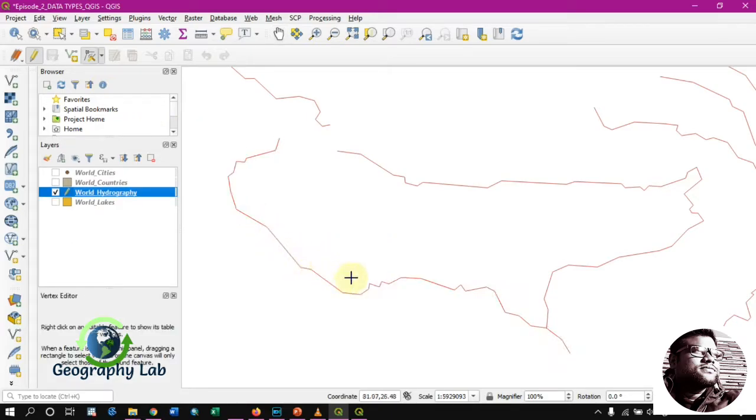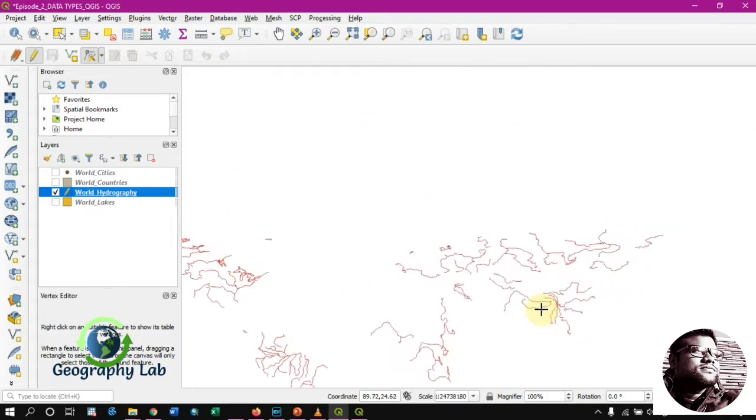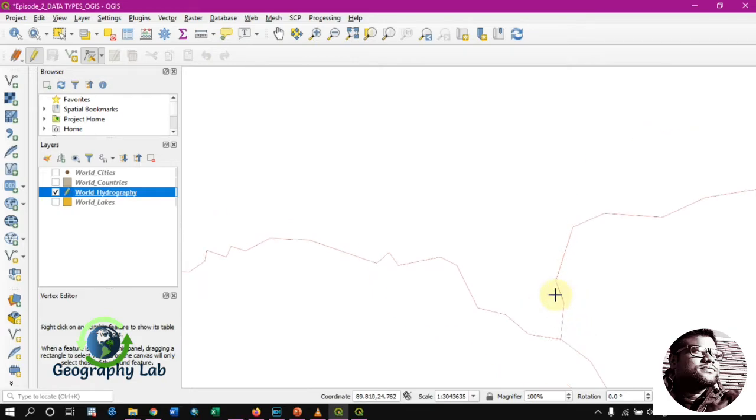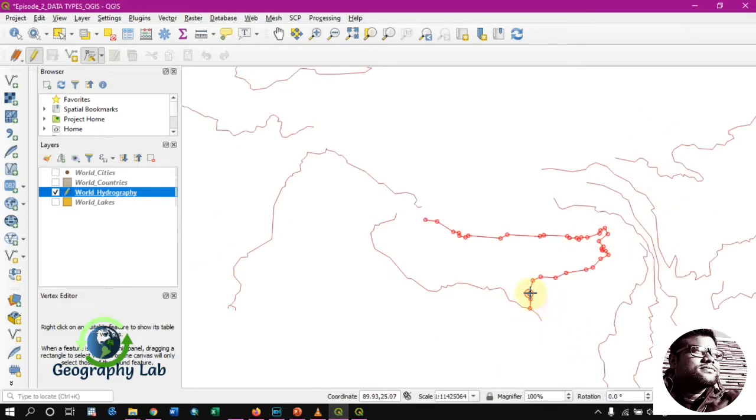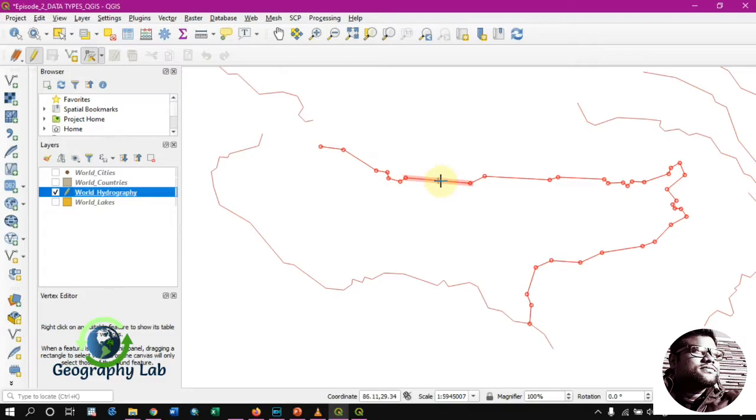Then if you place the cursor over the line, you will see the several points connected and forming the linear feature. So theoretically we can understand very easily how these linear features are formed.